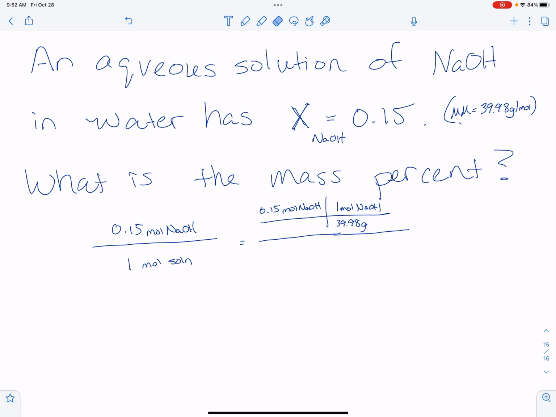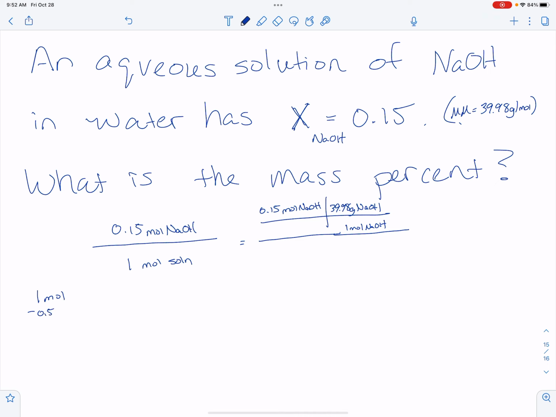Sorry, I wrote that backwards. Make sure you're flipping it correctly. So in 1 mole of NaOH, I've got this 39.98 grams. There we go. And then the mole of solution, remember that if we have 1 mole of solution,